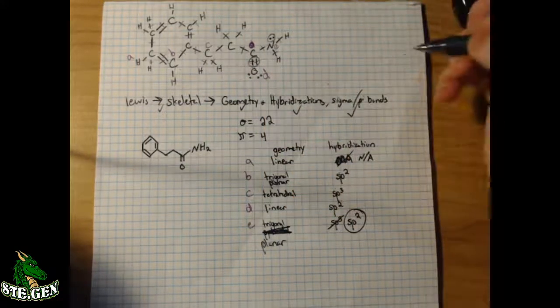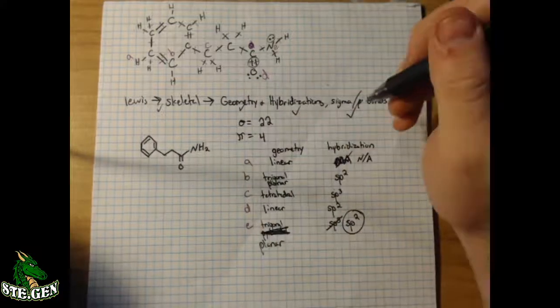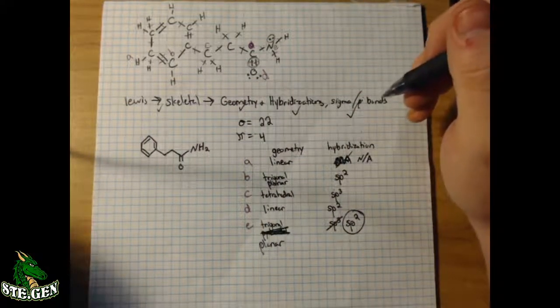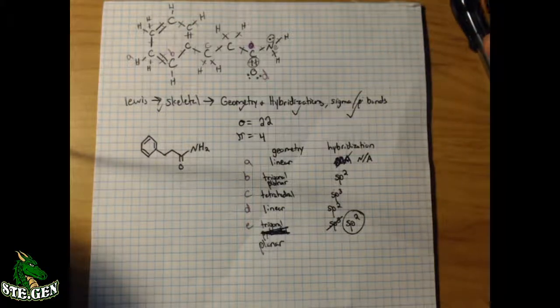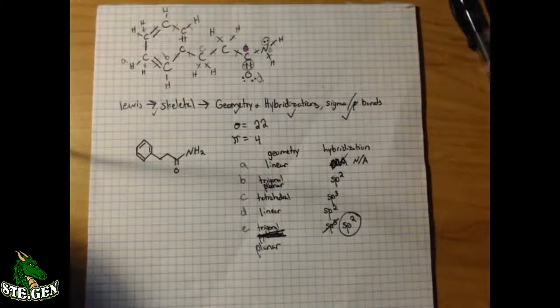So that covers all our geometries, our hybridizations, sigma and pi bonds, and a skeletal structure. I am exhausted. That's why I am yawning. It's a long question, but it covered basically everything in the chapter. As long as you can do this, if you know all of these steps that are in here,